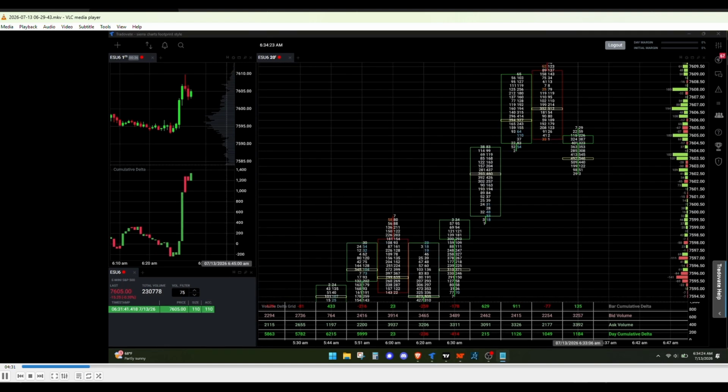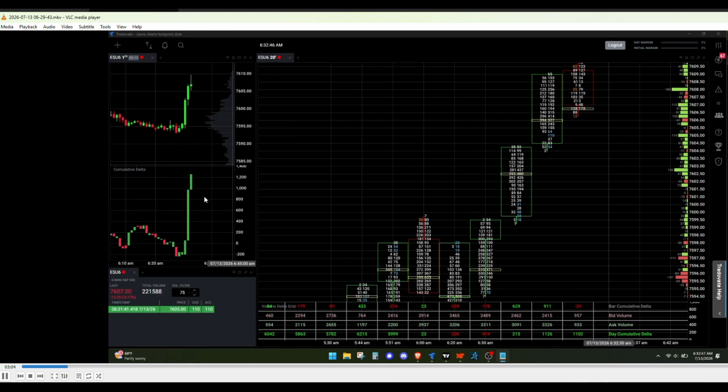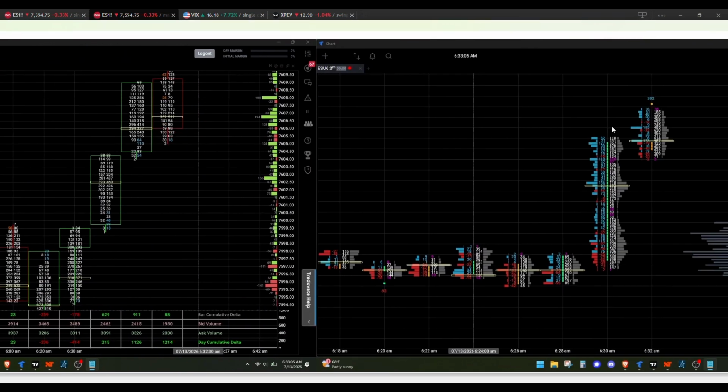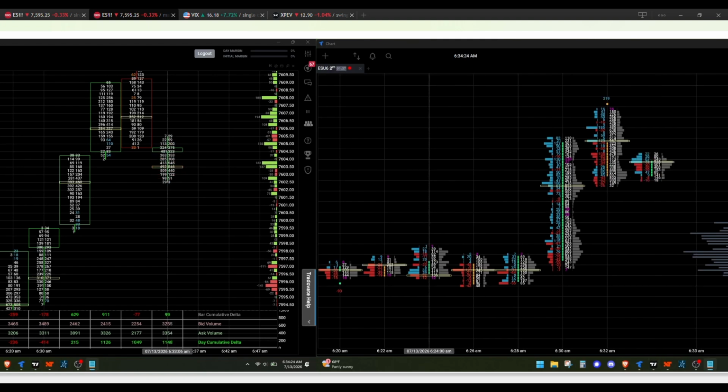and it starts forming a 1 minute delta divergence here. So as it comes down, 1 minute delta divergence forms here, shooting star candle over here on the 1 minute, and sellers start coming in, and it closes as a delta divergence here. Also on the 2 minute, starts forming a delta divergence with a minute left in that candle. So I'm kind of interested, but I kind of want a retest back into the range to see if it holds, and then I can